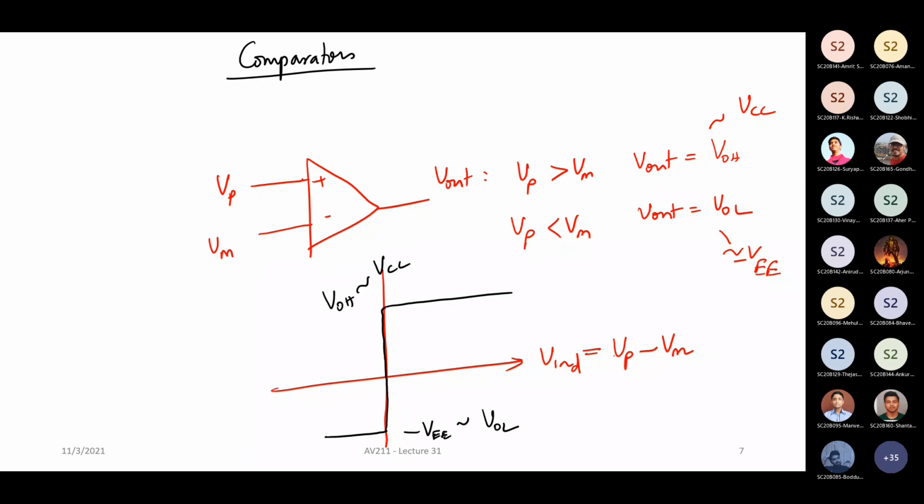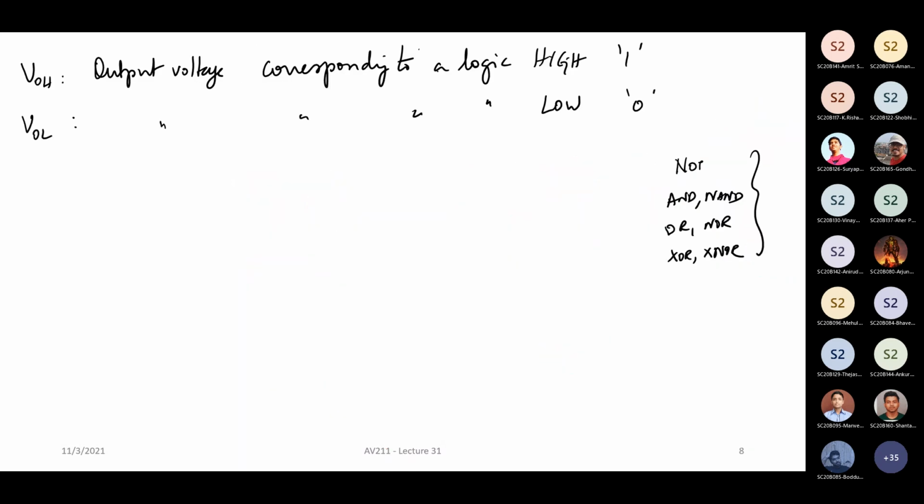So in this case, let us say VOH and VOL. In other words, this comparator is going to give you a logical output. That is, if Vp is greater than Vm, it is logic 1, and if it is less than Vm, it is logic 0. Now, how do we build this circuit? For example, if you take an op-amp, let's take the op-amp 741. If I use this in an open loop condition, will this work as a comparator or not?